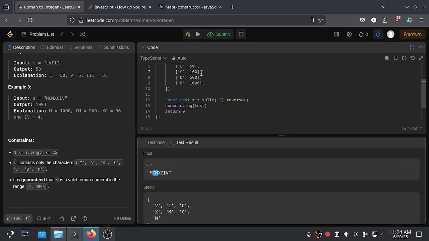How do we calculate the C and M, which is 900, I think? Yeah, 900.